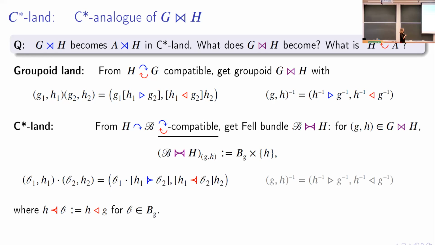So what I do is I say, okay, take an element of this new Fell bundle that I constructed. An element always looks like something in B_G and some h. And I want to multiply this with something in some B_G2 and some other h. And I just copy paste this formula. What I do is I multiply in my Fell bundle. That's what this dot here is. But I pay a price. My h acts on B_2. And then conversely, I also would like to multiply the second components, but again, I pay a price.